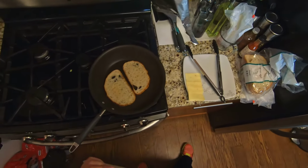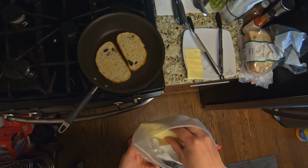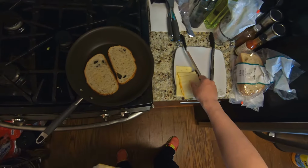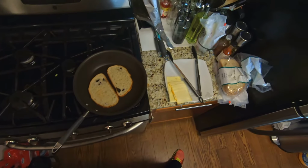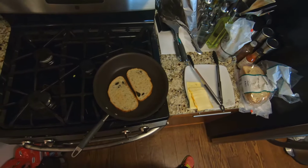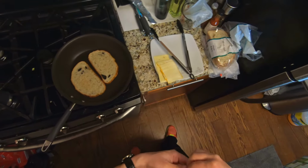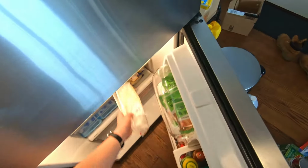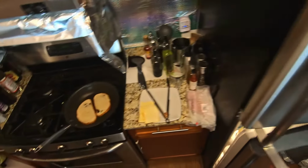And then I have some Munster cheese. You can use whatever cheese you like. And I have a little bit of cheese left. Maybe I'll use it for something else later. That's okay. Put the bread back as well. Okay. So,